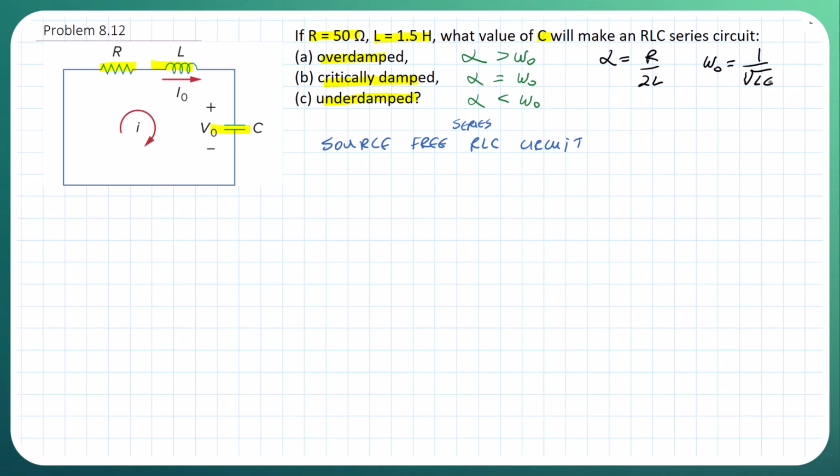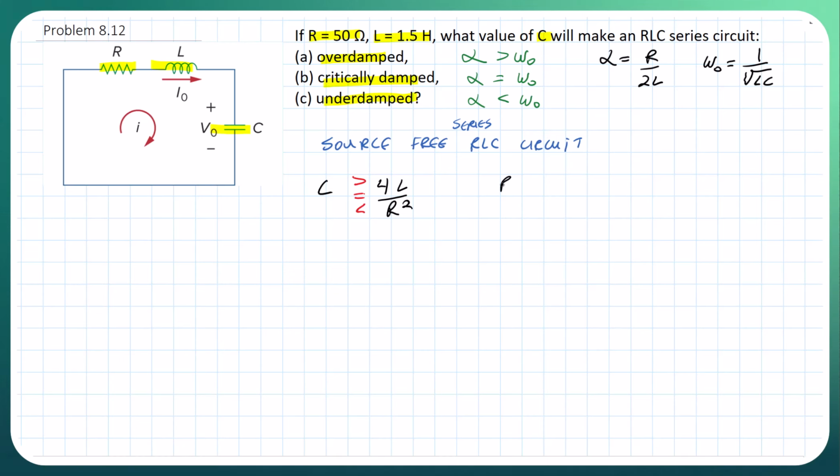Now remember, when we did the definition of these different states, we also said that when we compared alpha and omega naught, we looked at C as it related to 4L over R squared. And this is where we said this could be greater than, this could be equal to, this could be less than. We didn't derive it, but just for the sake of derivation here,